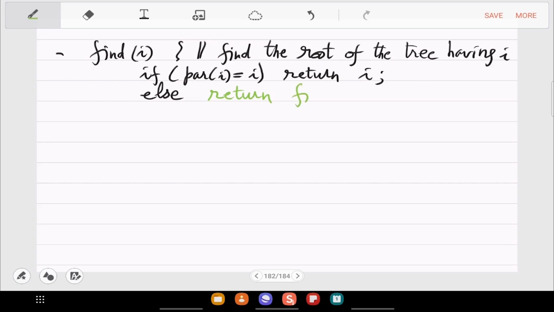So you will return find, you will call find on the parent. That's the key part. So it's a recursive function. It goes to the parent and calls itself. So this is tailor-made to the array, the type 3 storage style.